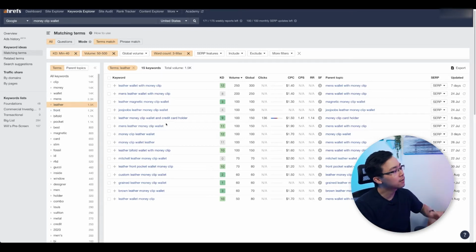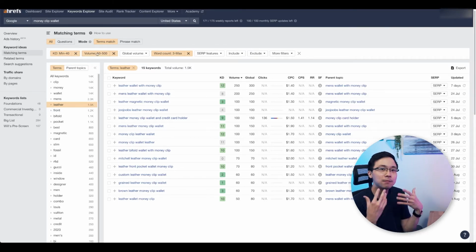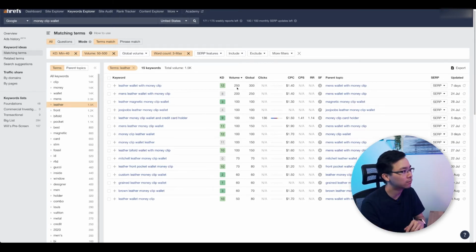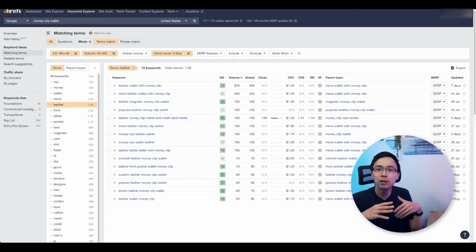These are the things I want to look for as I'm working my way through these search results: low keyword difficulty phrases that have meaningful volume. Because if I were to place on page 1 for this phrase with 250 monthly volume, that could mean at least a handful of visits, probably 25 to 50 or so if I were to place number 1, in terms of a regular month and a regular flow of traffic.